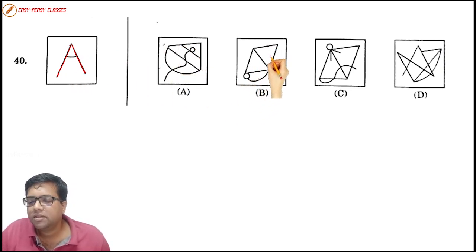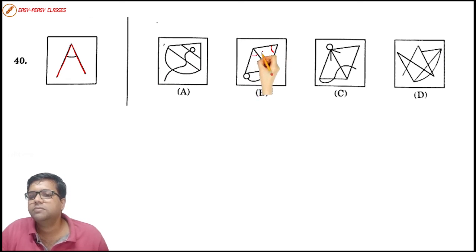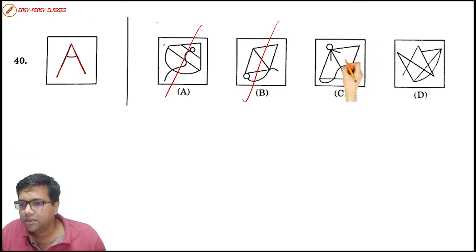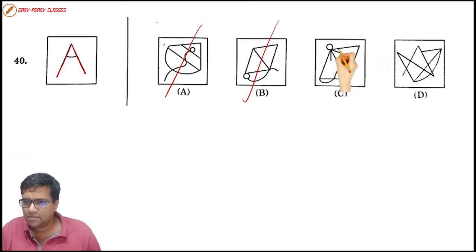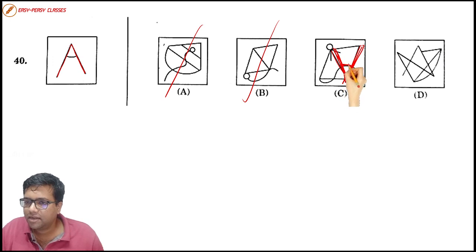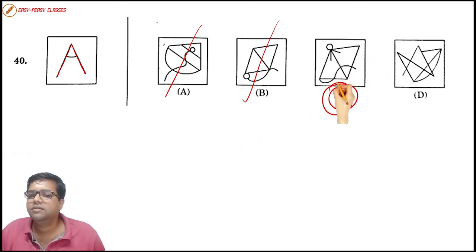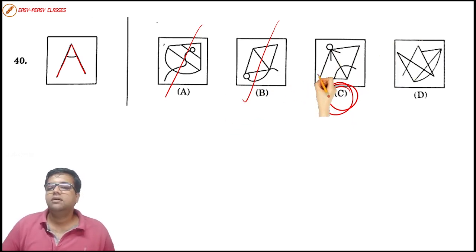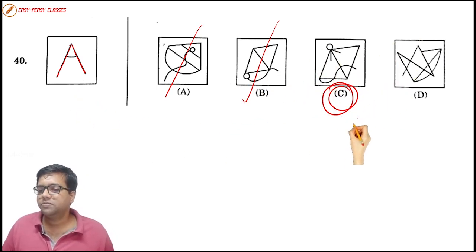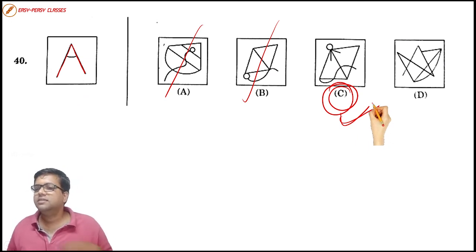So do we have an acute angle? We have an acute angle, but nowhere is this part present. So we eliminate option number B and option number A. Do we have an acute angle? Yes, we have an acute angle. This is a very interesting question. See, we have this triangle. We don't need a triangle. We just need two lines. We only need these two lines, right? And we need this line, which is also present. See, option number C is containing our question figure, so henceforth option number C becomes our right answer.